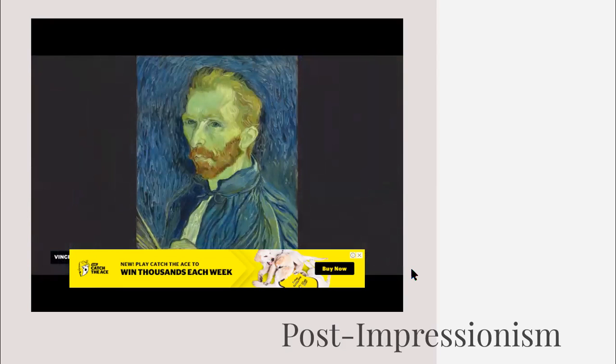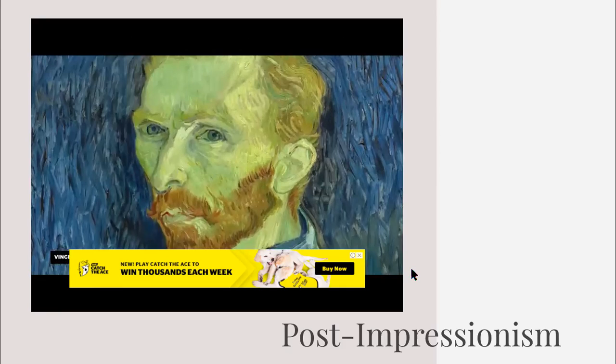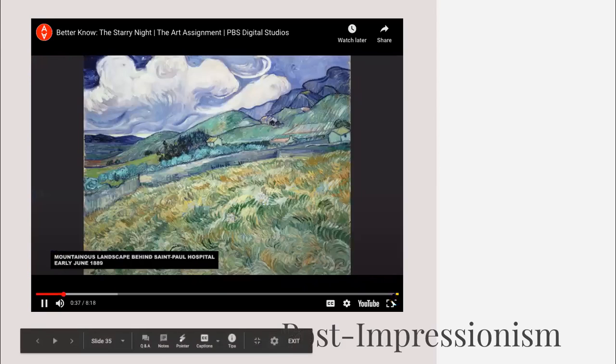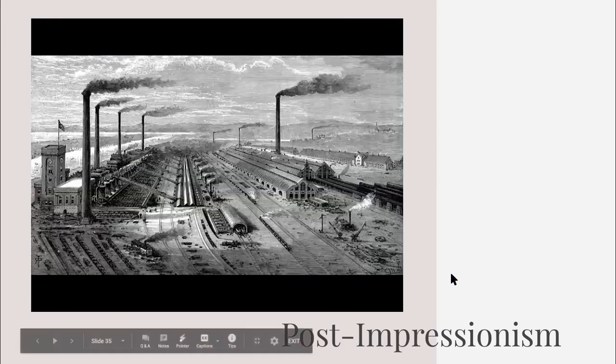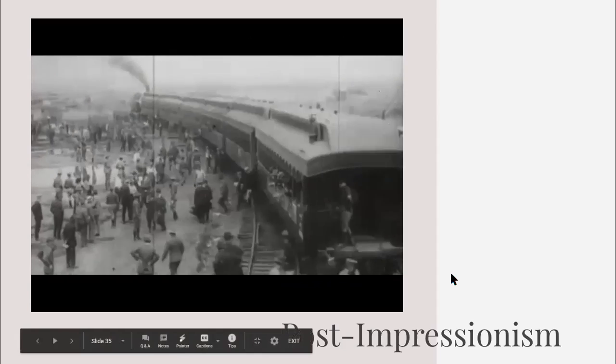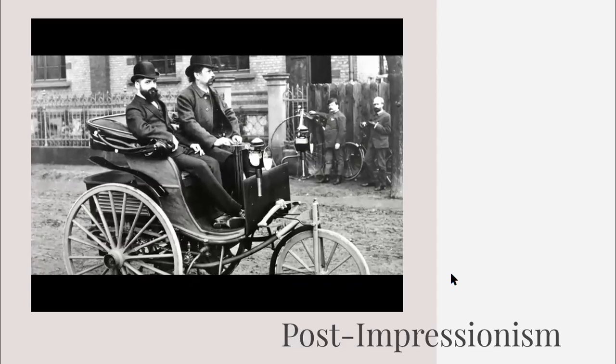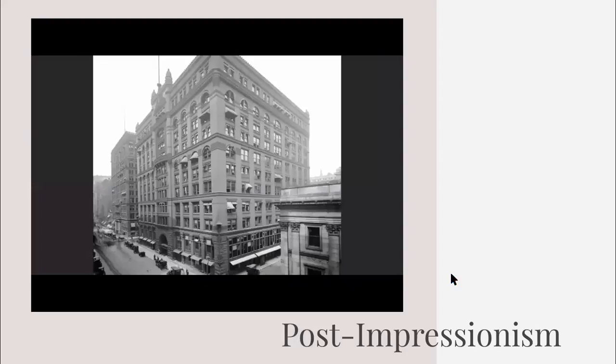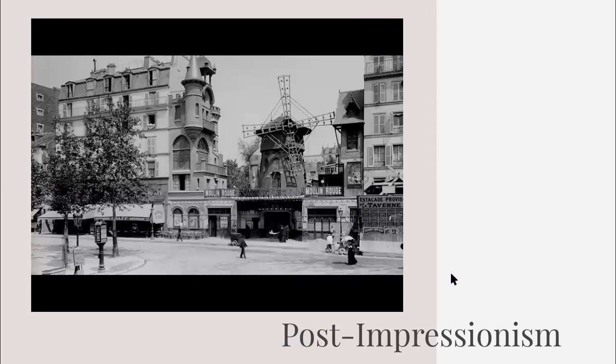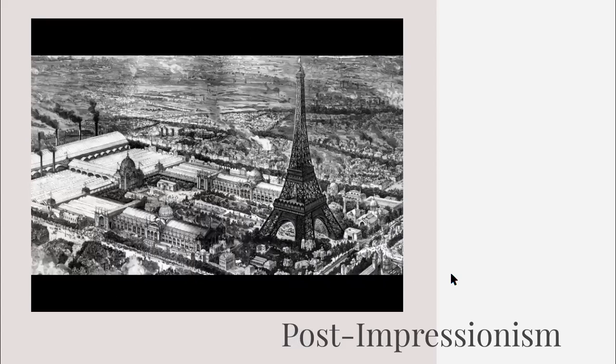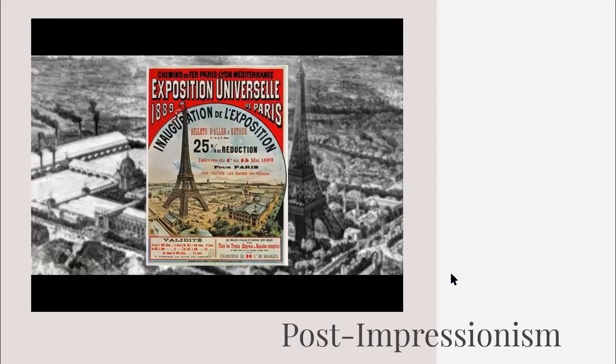When Vincent van Gogh, and yes, I'm going to try to say my own botched version of his Dutch name, painted the picture in June of 1889, rapid industrial development was underway in much of Western Europe and the world. Railroads made travel easier than ever. Carl Benz had begun to sell the first commercially available motor wagon. The first skyscrapers were going up. The Moulin Rouge opened that year in Paris, along with that kind of famous structure, the Eiffel Tower, marking the entrance to that year's World's Fair.